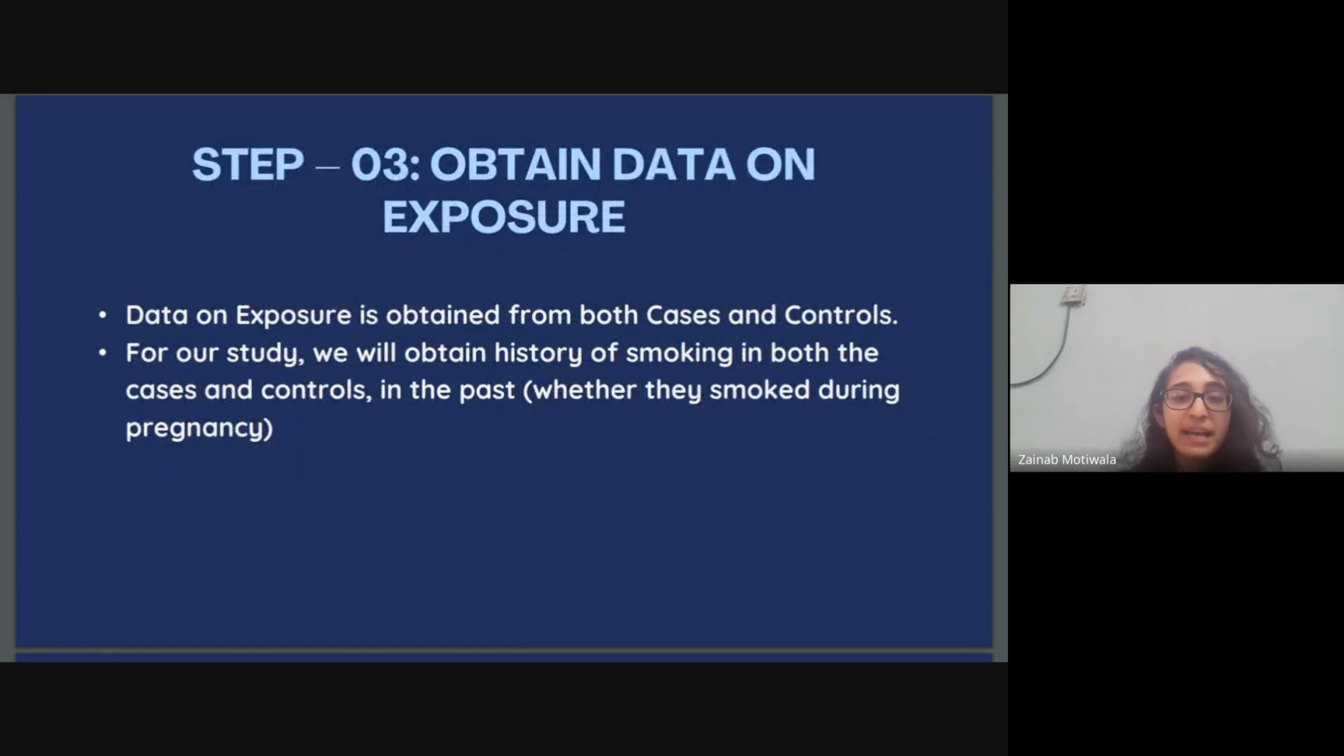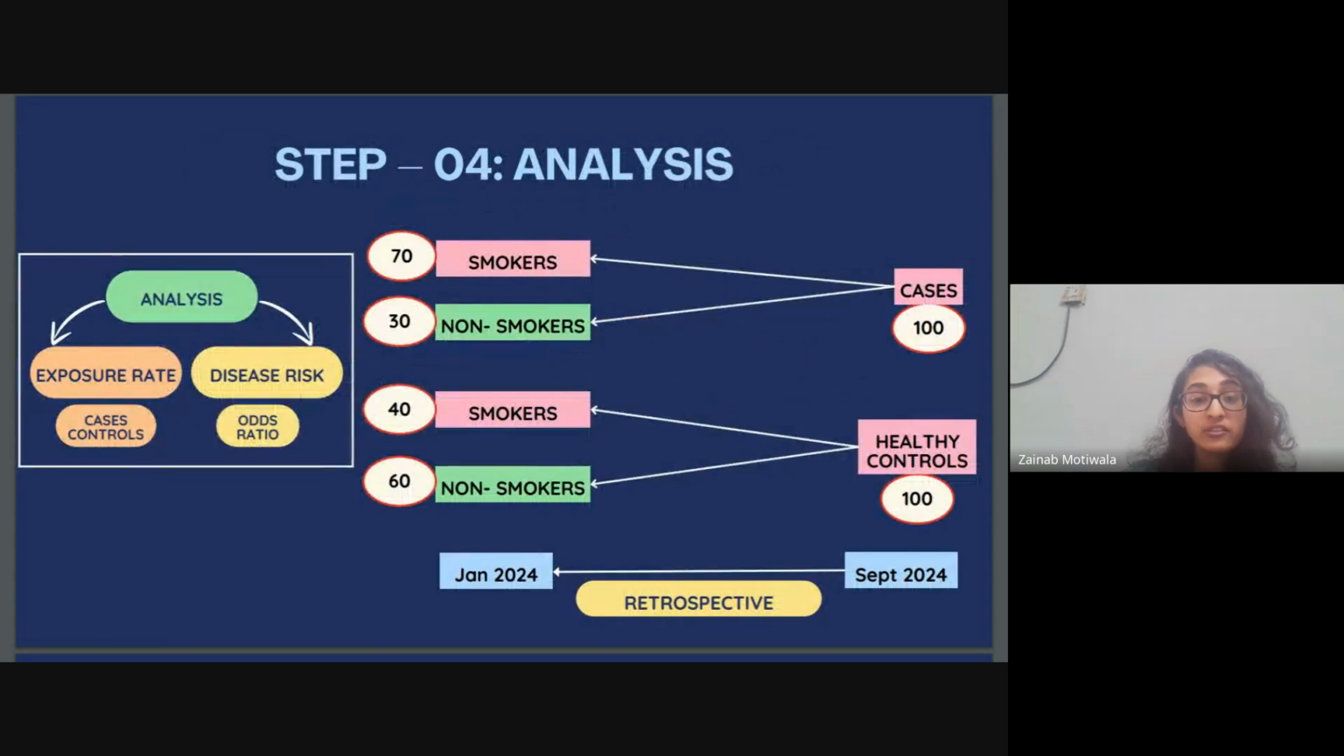Step 3 of this would be, again, obtaining data for both cases and controls, and seeing whether they are smoking or not. And this is a very good diagram that really helps understand what that is. So again, we started with cases and controls, 100 patients each, and then we go back in time. So this is in 2024, we have these cases and controls. We go back in time to January 2024, we look at whether these patients were smokers versus non-smokers,